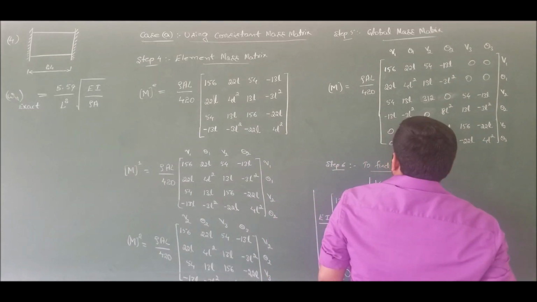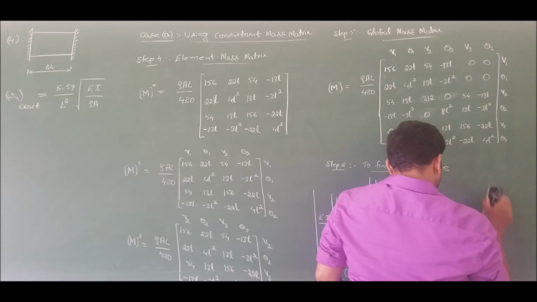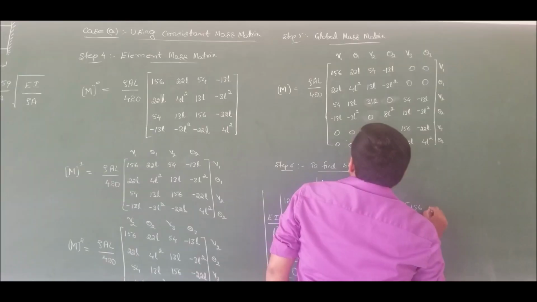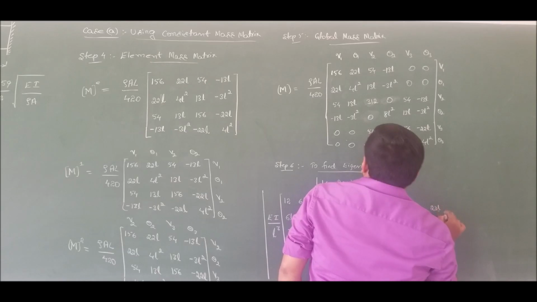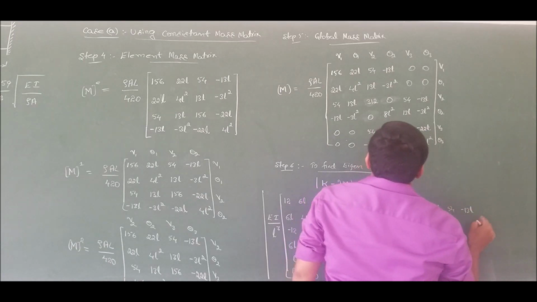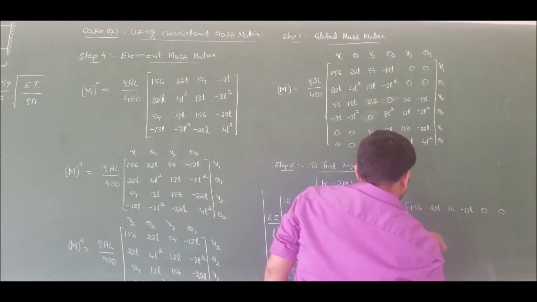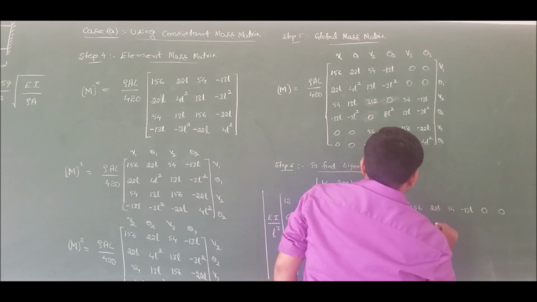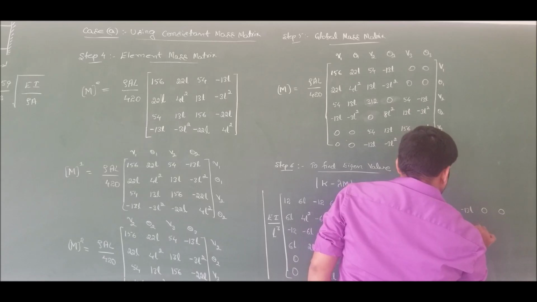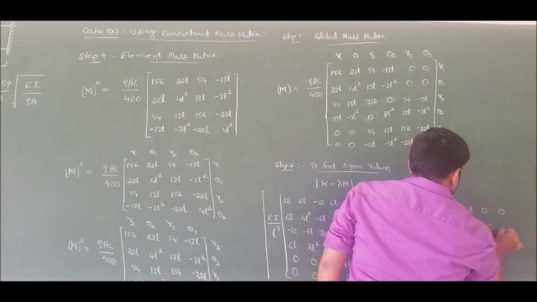We have rho A L by 420 common, that is lambda rho A L by 420 times 156, 22L, 54, minus 13L, 0, 22L, 4L square, 13L, minus 3L square, 0,